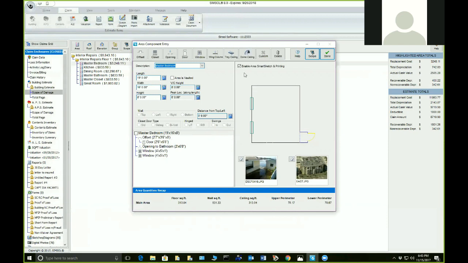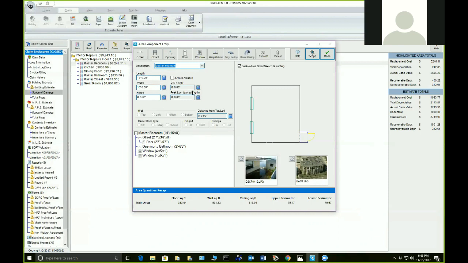So as you see, when you enabled Area Smart Sketch and Printing, it activates this module, and then you can see that I have my 2 doors, I have my little offset, and then my entry. Now, the goal is to place all these shapes from the kitchen, dining, master bathroom, and master closet and see how fast I can do a sketch. Let's take a look and see. So you get the idea. We need to master the